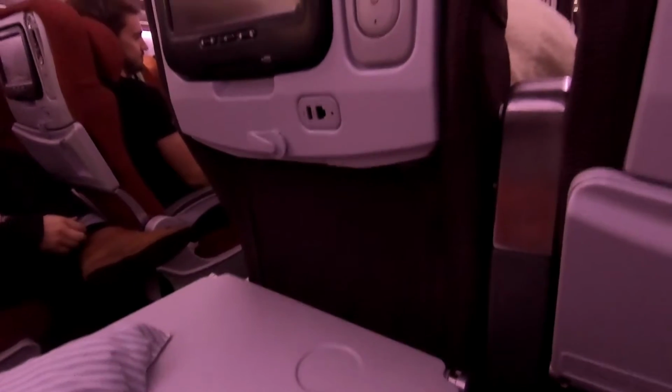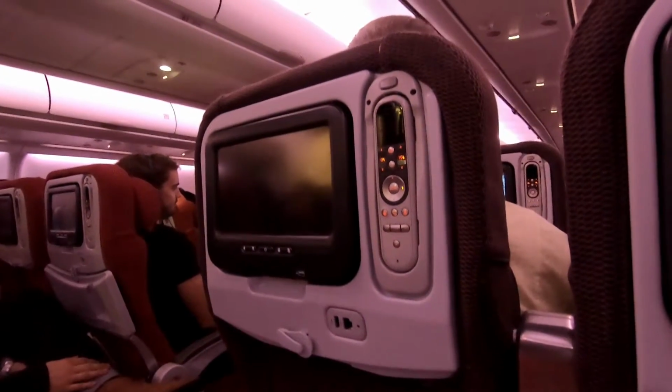Turbulence, so you should keep it fastened whenever you're in your seat. If turbulence is expected or occurs, the captain will turn on the...